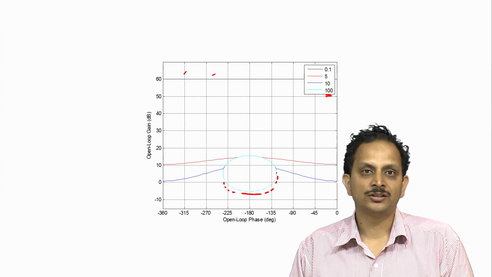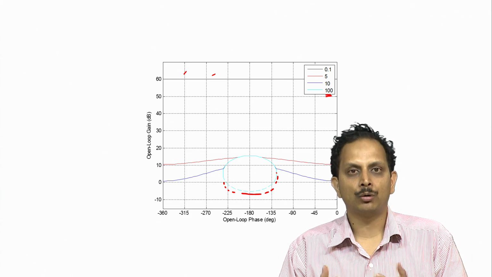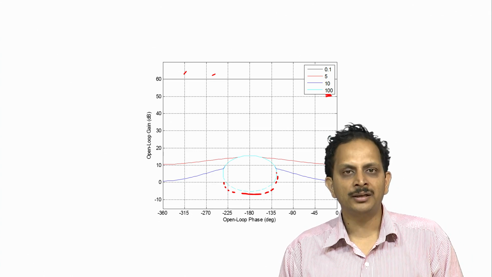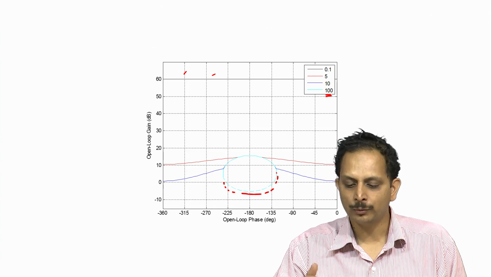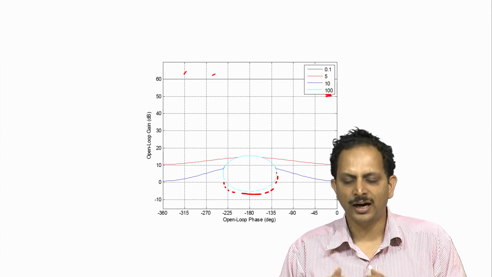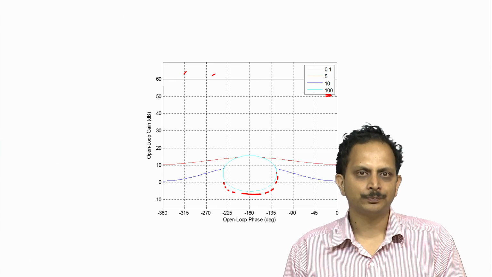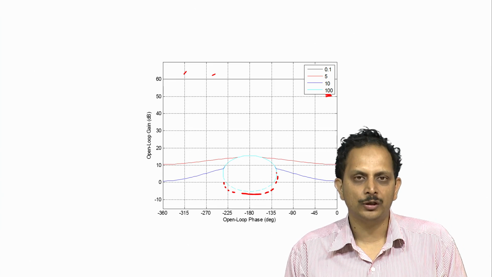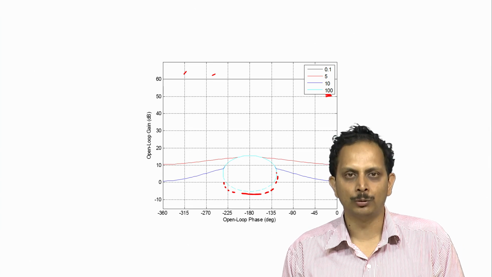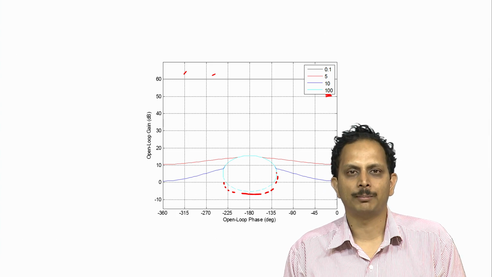The next step for us is to execute our control design, or in other words determine the structure of the controller that ensures that the loop gain is within these particular regions at each of these frequencies. In order to execute the design, we once again use what is known as the QFT toolbox, which is a priced software that runs along with MATLAB.